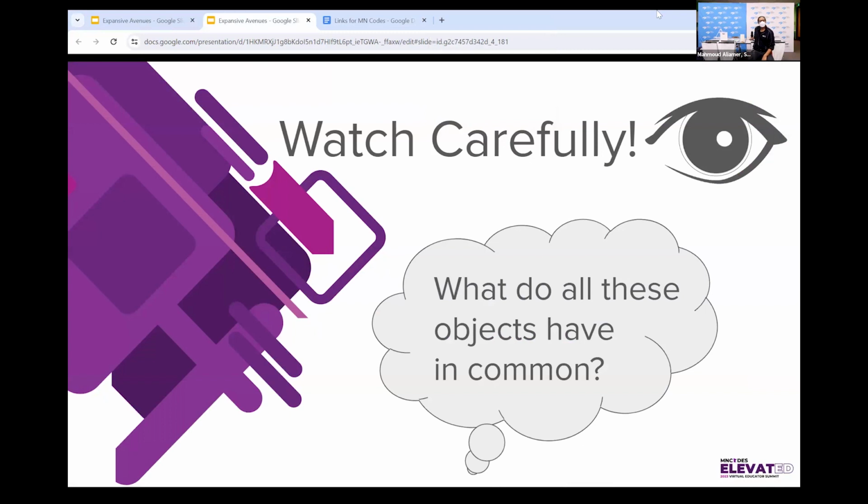But just watching a couple of things carefully and thinking, what do all of these different objects have in common? So for subject number one,